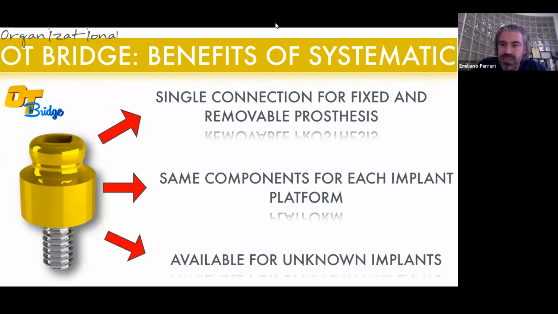So same transfer, same analog, same abutment, everything after the use of the Equator, from the head of the Equator to the final rehabilitation, is always the same component. And finally, those Equators are available also for unknown implants. And this is very, very important. And we will show you clinical cases, really easy clinical cases, to show you the potentiality of this kind of